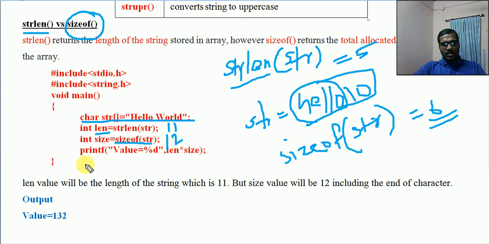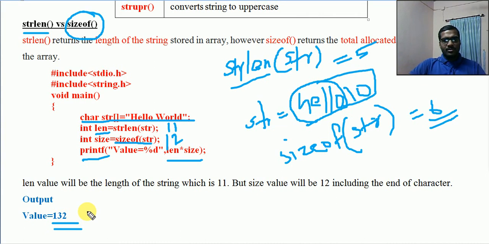Here I am just printing value equal to len into size, just for an operation. Otherwise you can print len and size separately as separate variables. But here, simply len into size, 11 into 12, the value 132 will be printed.